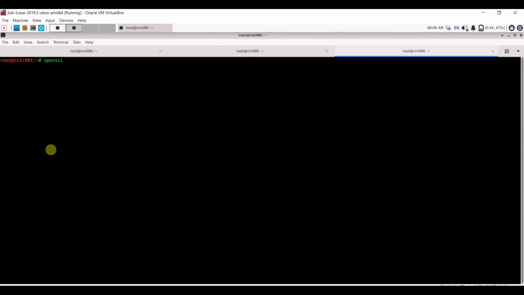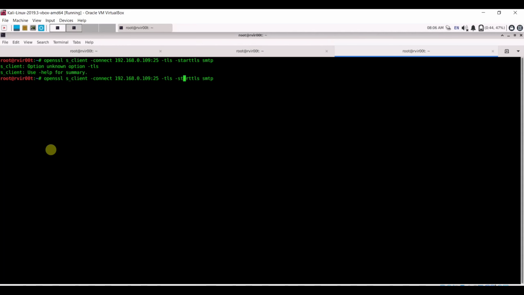For that, how we can identify, you can use the command openssl s_client -connect, and you use the target, that is 192.168.0.109 and colon 25, the port number you have to mention, and then -starttls smtp, and hit enter.